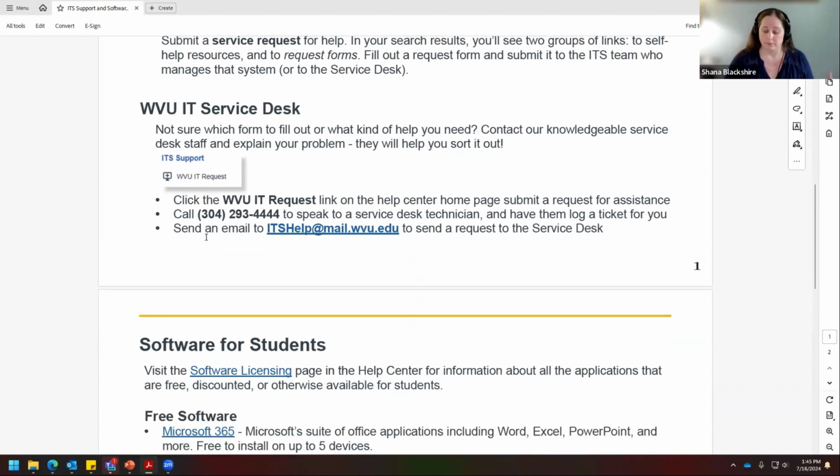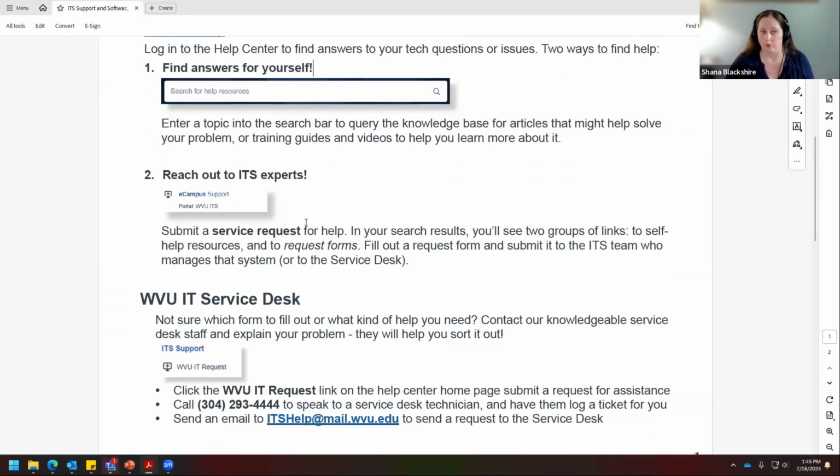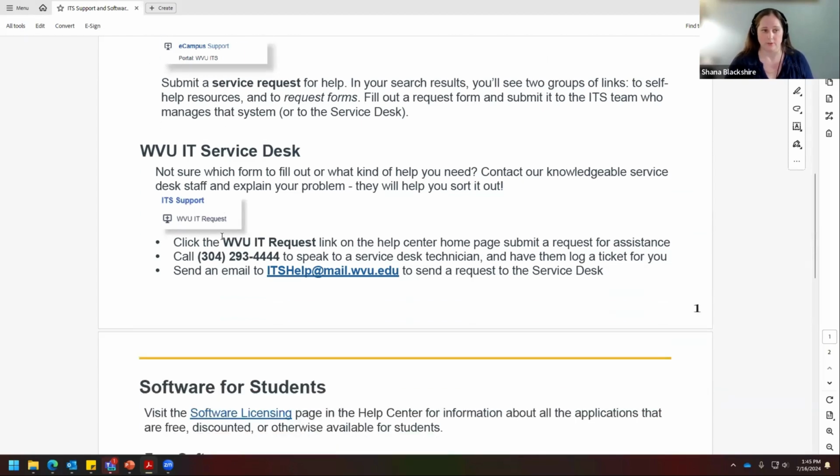Also, we have an IT service desk of real human beings who are there to answer the phone and take your requests anytime you run into problems. If you don't find an answer by searching for yourself, or you don't know exactly what form to fill out, you don't quite know who to ask for things,